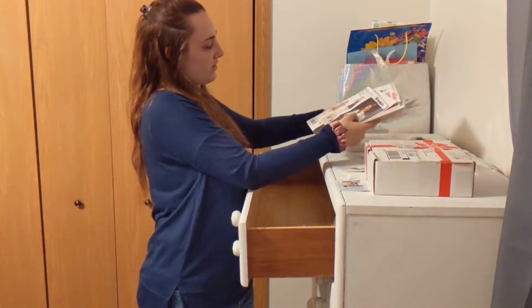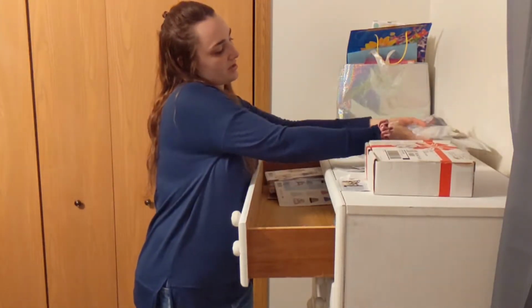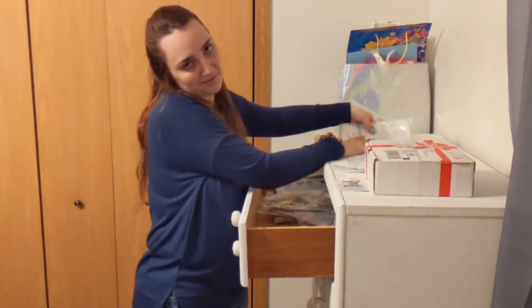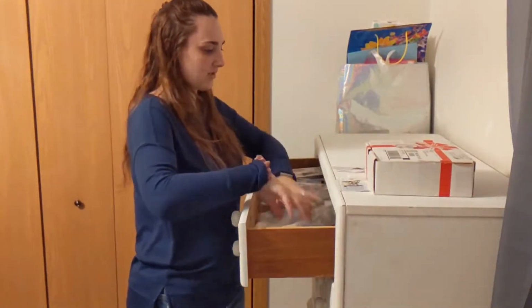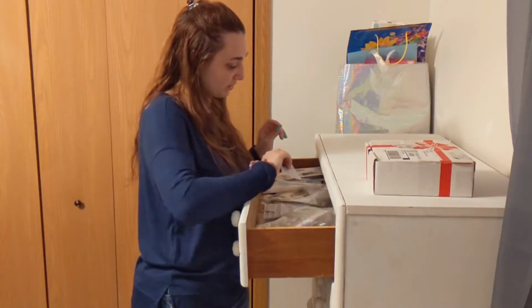Now, part of this decluttering is not to go through everything and sort it and organize it. So I'm going to just throw everything back in here, which is kind of against my nature, so I'm kind of freaking out a little bit, but